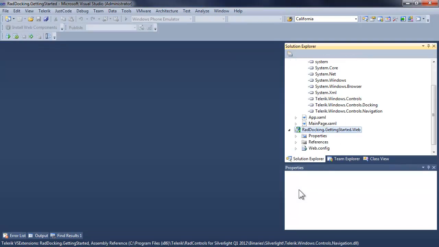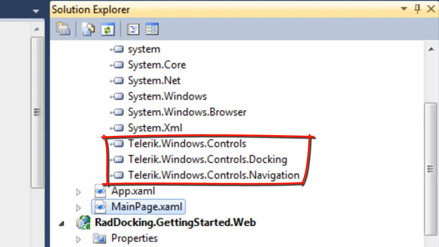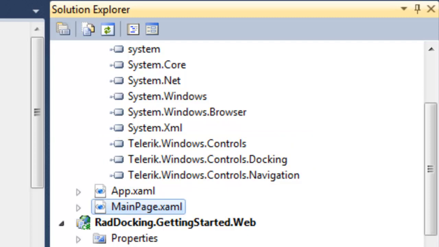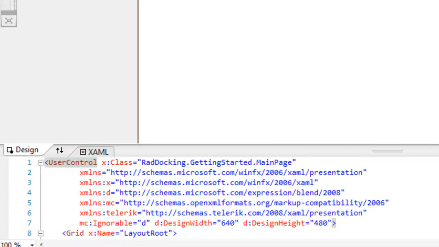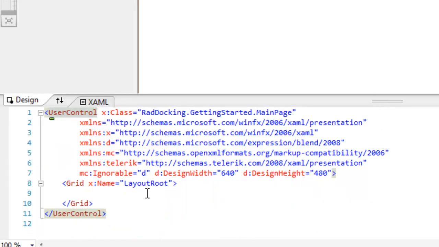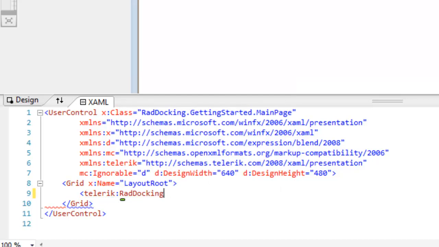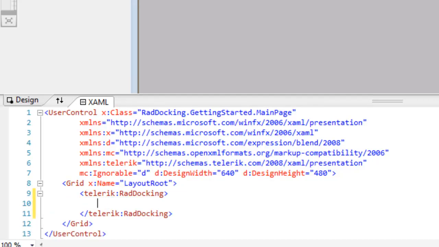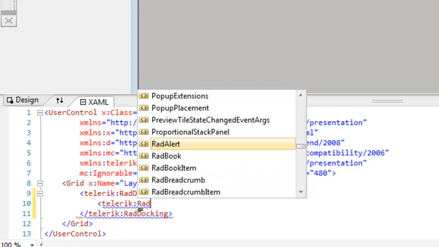And as soon as Visual Studio settles down, you can see that by adding docking, we have also added Telerik Windows Controls Navigation and Telerik Windows Controls. Let's make a little bit more room and come down to our XAML, where we will add an instance of the Telerik RAD docking control. Within the RAD docking control, we're going to add an instance of RAD docking